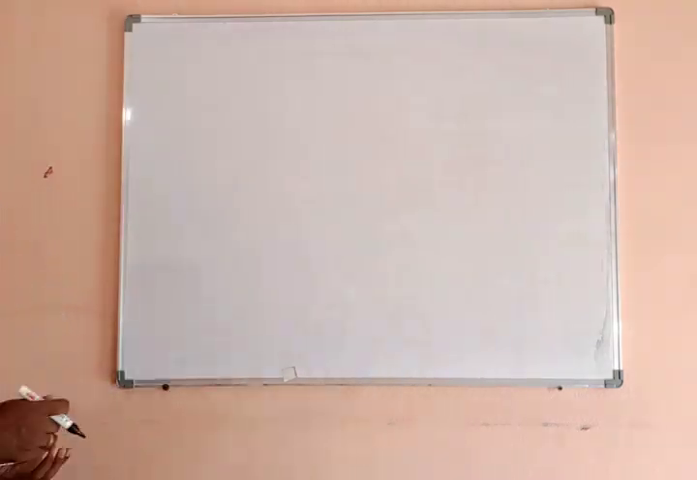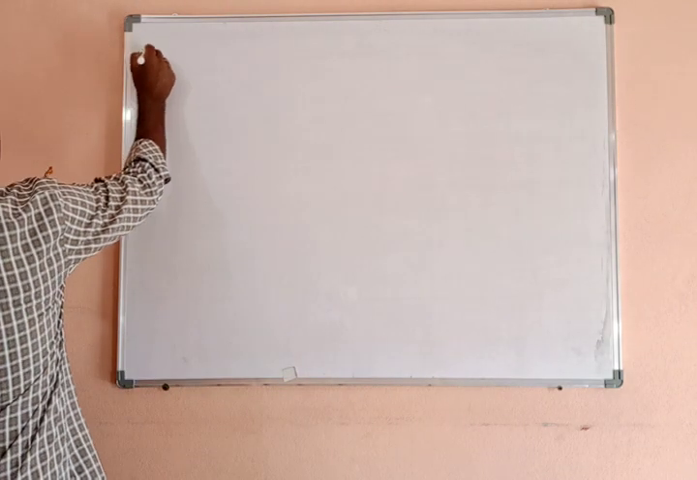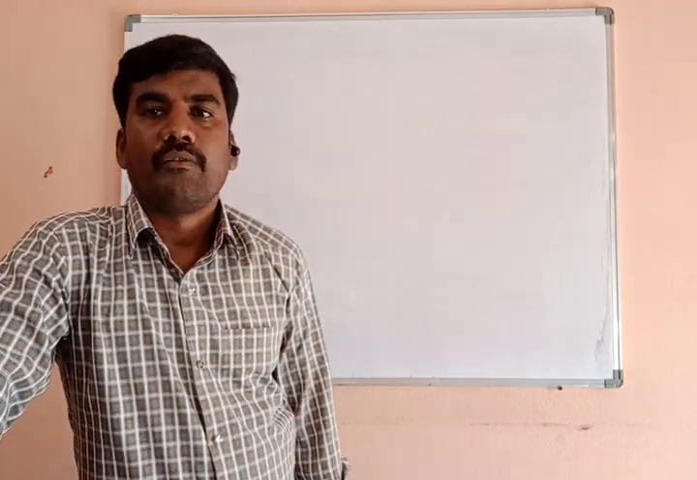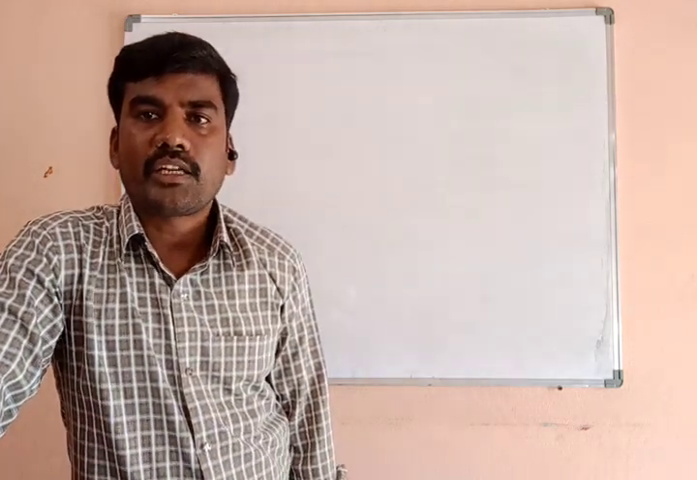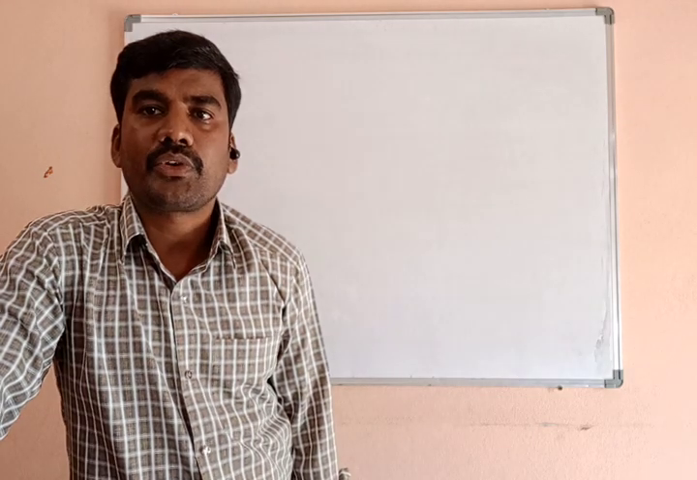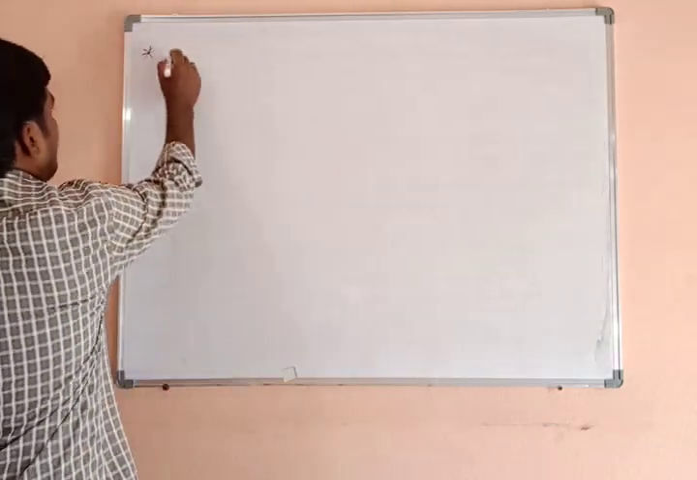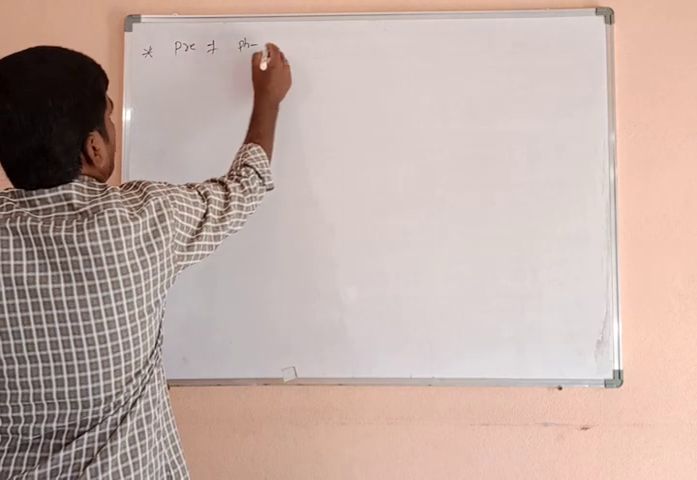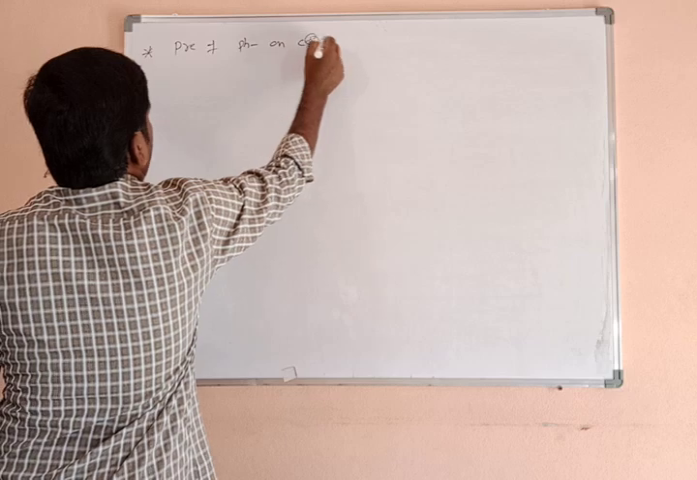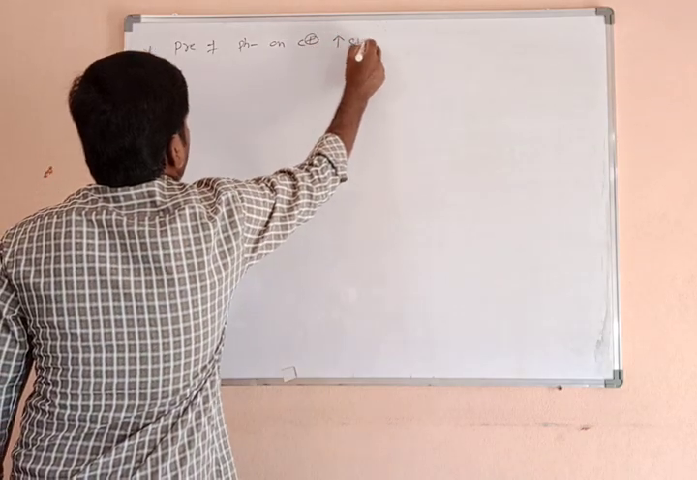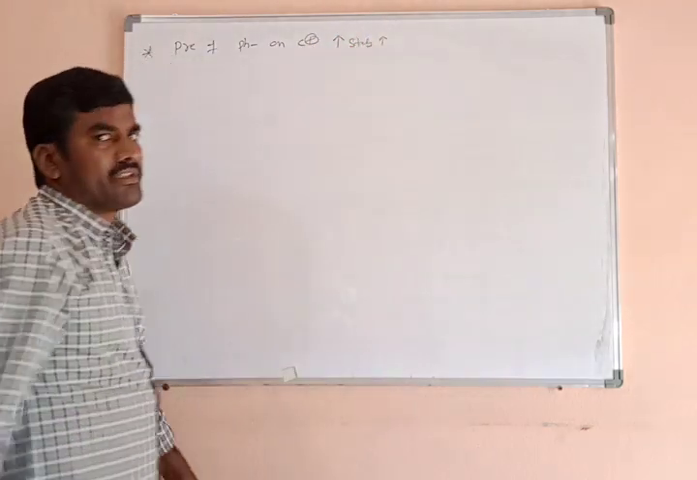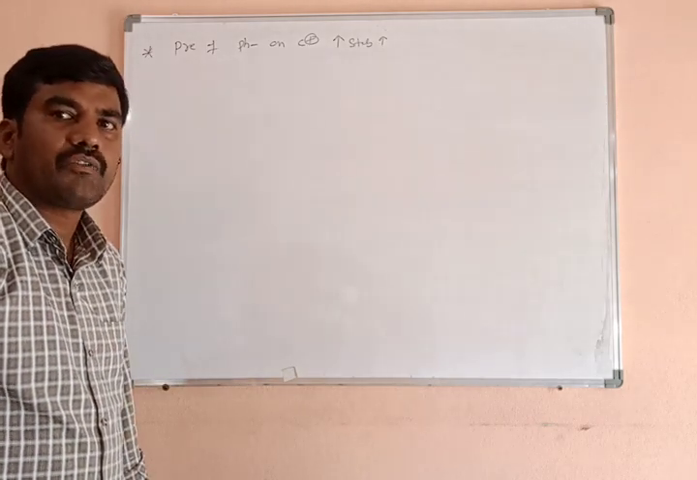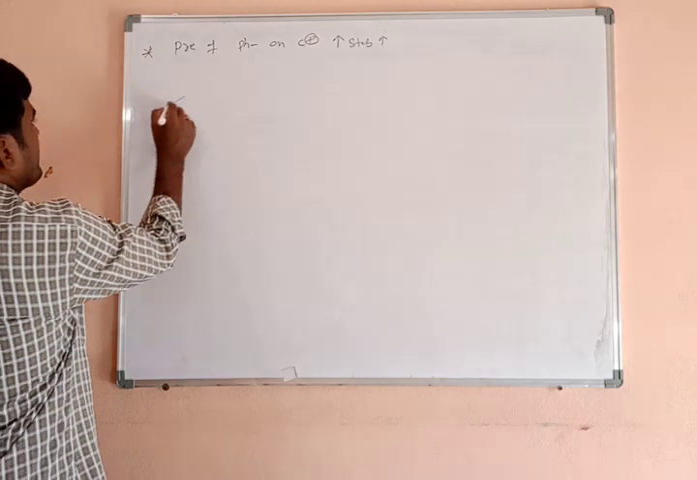Next one: the presence of phenyl groups on the carbocation increases the stability of the carbocation. The presence of phenyl groups on carbocation increases its stability, which means the stability of carbocation increases automatically. They preferentially follow the SN1 mechanism. For example,